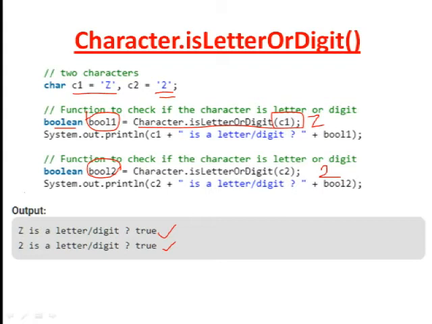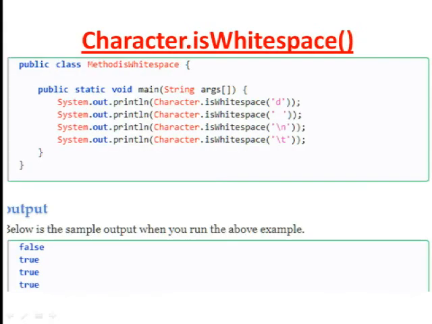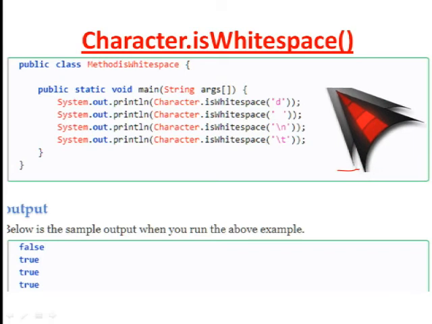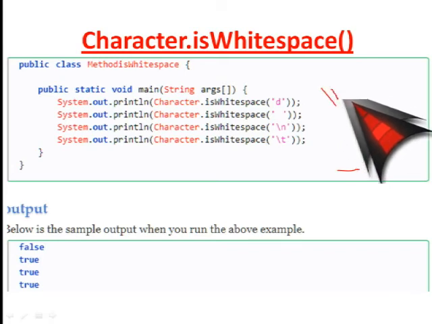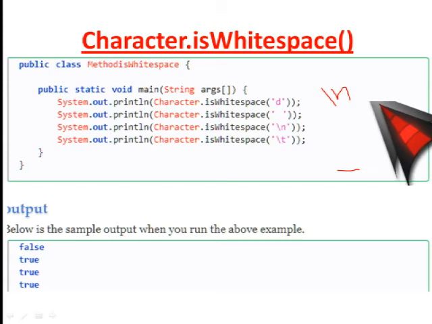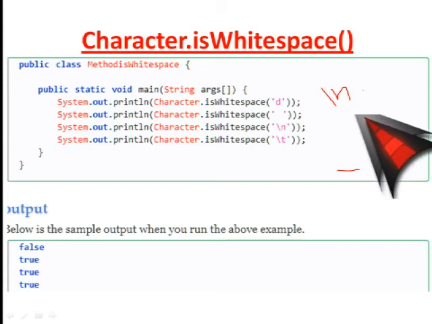Let's look at the next method, which is Character.isWhitespace. Whitespace means a blank space, which is very important. We can create space by the \n character, which creates a new line, or \t, a tab, which gives a good gap.